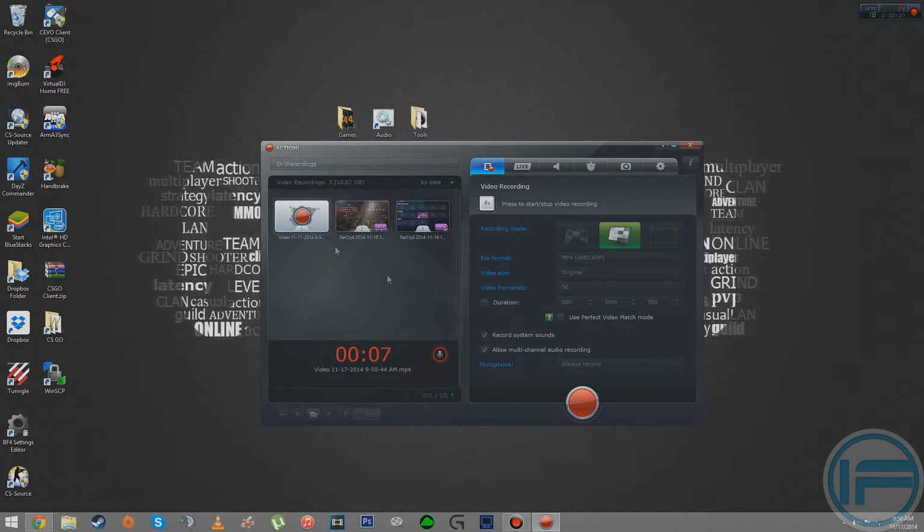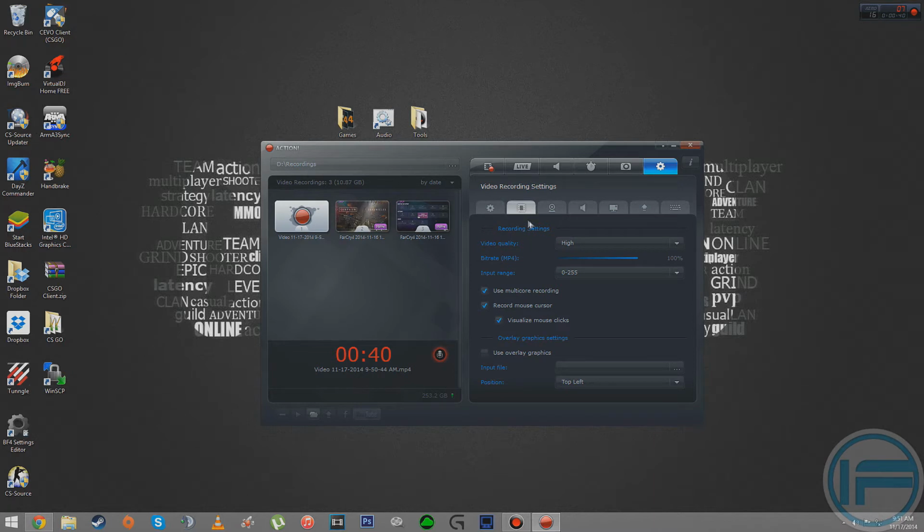I'll start with Mirillis Action since it's what I'm using to record my desktop. Well, I'll go through these settings real quick. As you can see here, my file format is the MP4 AMD APP codec, which uses the H.264 encoder that's built in on the GPU. It's the same encoder or codec that the AMD Raptor software uses, or Gaming Evolved, I don't really remember the name. But yeah, the problem that I have with